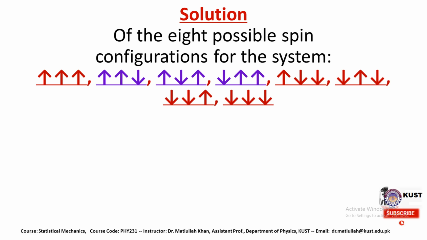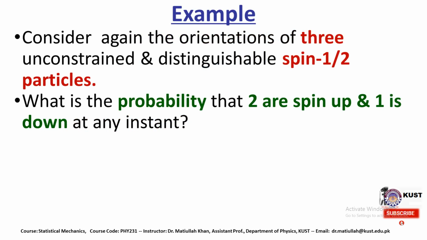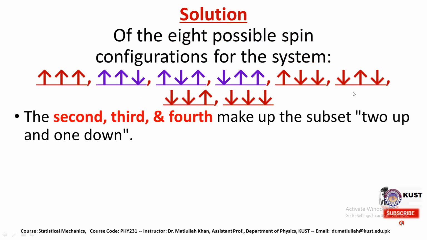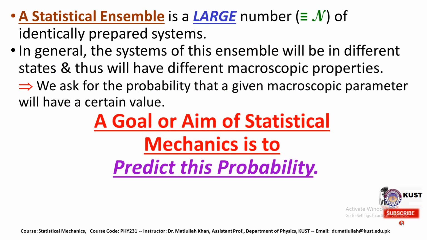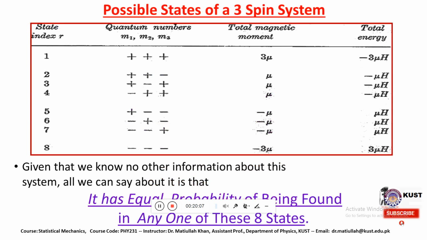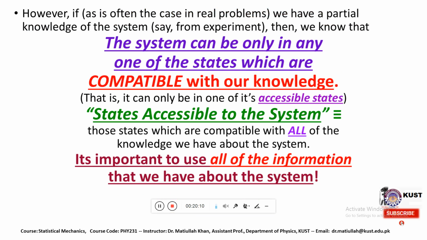For the other configuration, where 2 are spin down and 1 is spin up, the probability is different from this case, because we have three particular configurations where one is spin up and two are spin down. So the probability for that case will be 3 over 8, because three of the microstates are in this configuration. So this is something about the statistical ensemble, and we have also solved some problems based on that